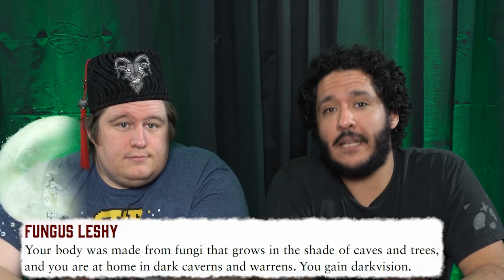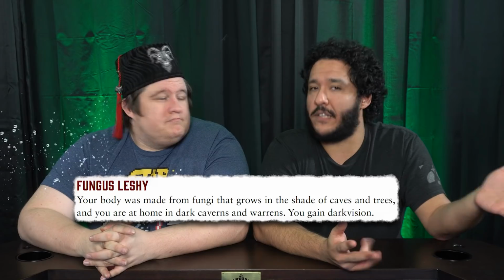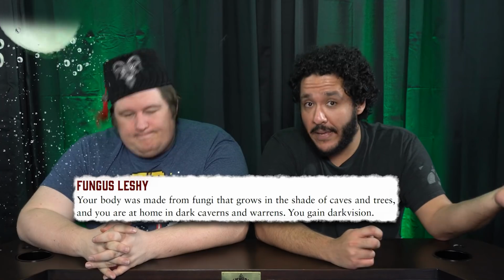Now that we've brought up the different types of Leshy, let's talk about the ones in the book. The first one's going to be a fungus Leshy. This is basically going to grant you dark vision. Clearly fungus in a dark, damp place. Probably a cave. Cave's dark, dark vision. Boom. Done. The next one's actually going to be gourd Leshy, where you can...